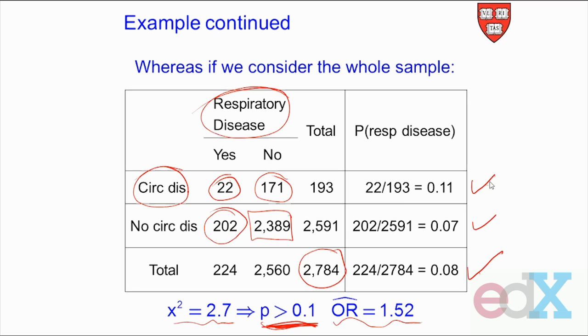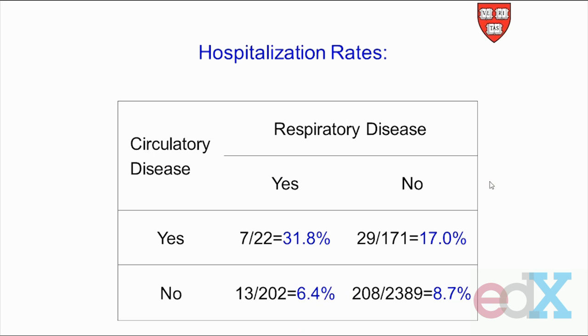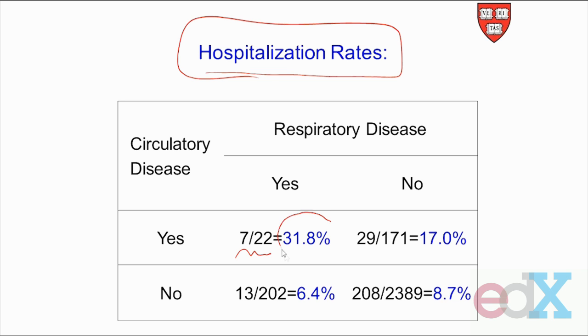So what happened? What happened is we looked at the subsample, those who were more sick than the rest. And in fact, if we look at how many of those who had both respiratory and circulatory were represented in the hospitalization rate, there were 7 of the 22. So it's like a 32% rate. So 32% of those who had both were in our smaller sample, the hospitalized sample,